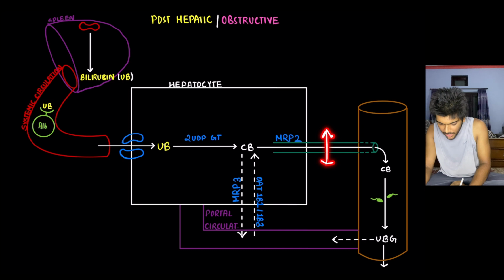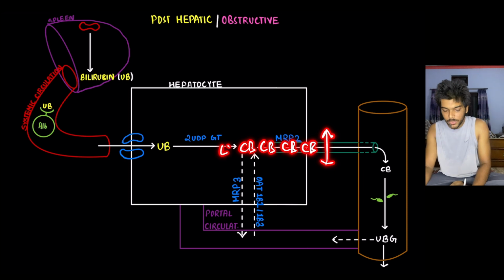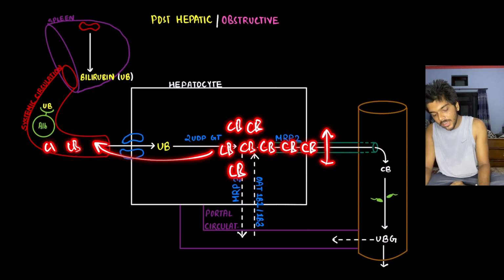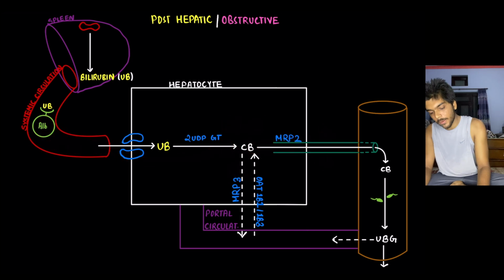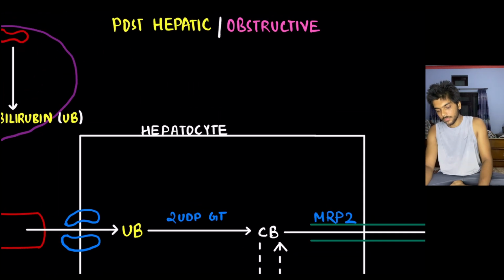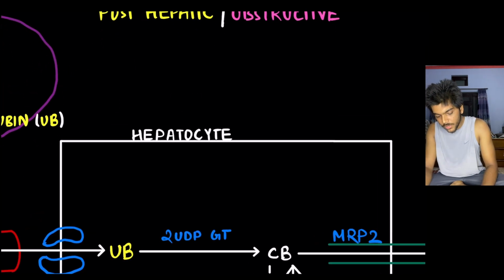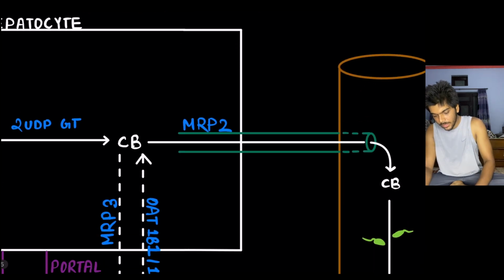When there is obstruction in bile flow, conjugated bilirubin doesn't have the way to enter the duodenum. So there is accumulation of conjugated bilirubin within the cell, and it gets spilled back into the circulation, resulting in an increased level of conjugated bilirubin in blood circulation. So what happens? Due to obstruction in bile flow,